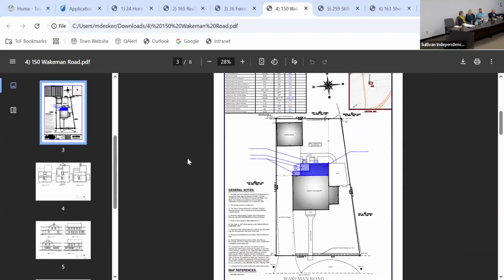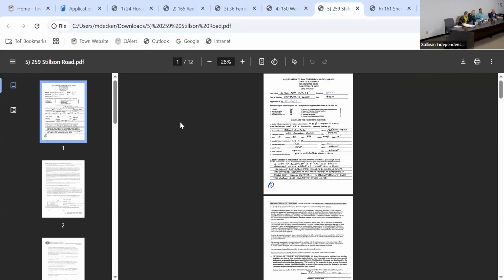Okay, we're moving on to number 5. Number 5 is 259 Stilson Road, map 76, parcel 185, petition of Brian Amoroso for a variance to the zoning regulation section 2.8A to expand a non-conforming home occupation.